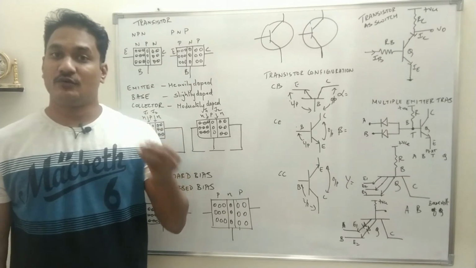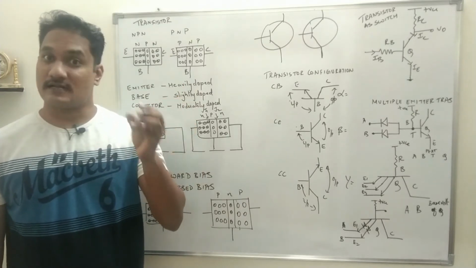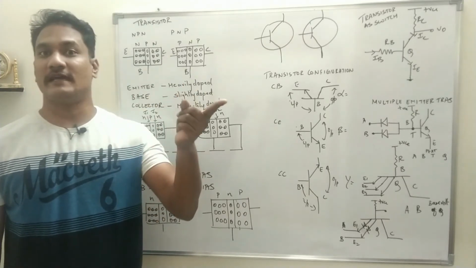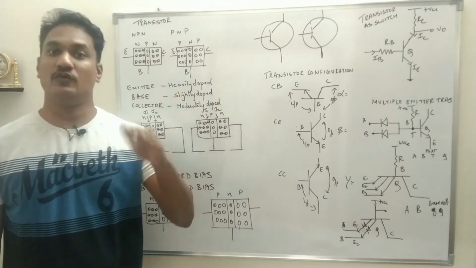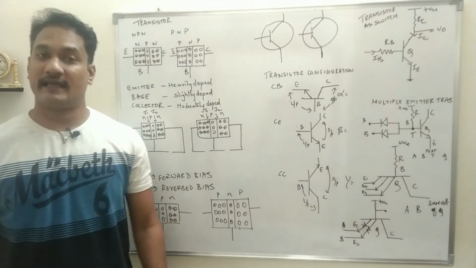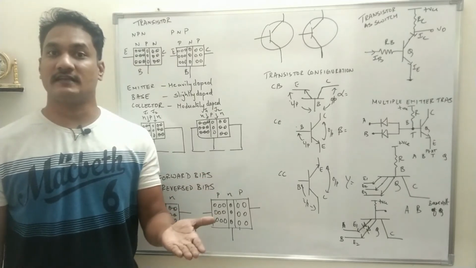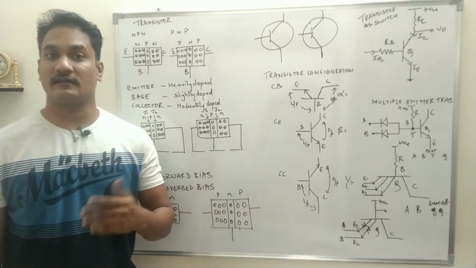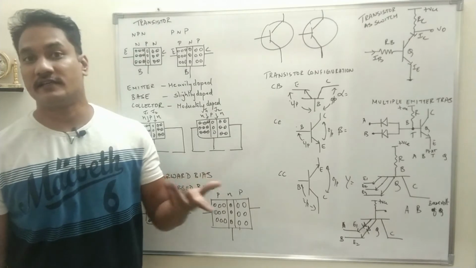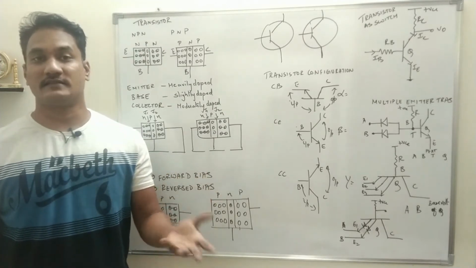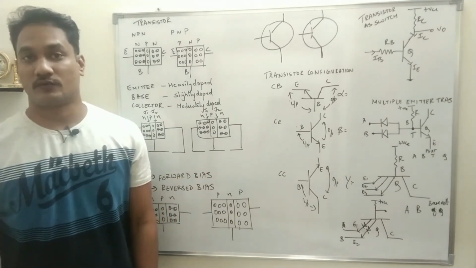Here we are trying to understand one more device, the transistor, but the use will be exactly the same. You have to use the transistor again as a switch. If current is flowing through the transistor, it will be an on switch. If current is not flowing through the transistor, it will be an off switch. So that is what we will try to understand.